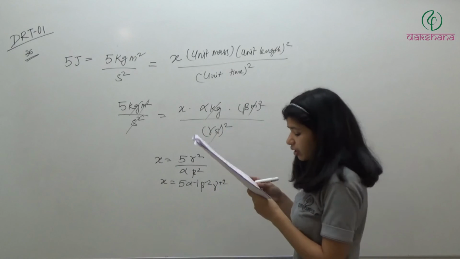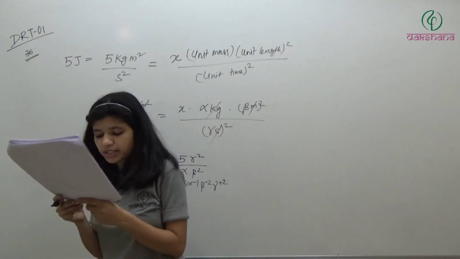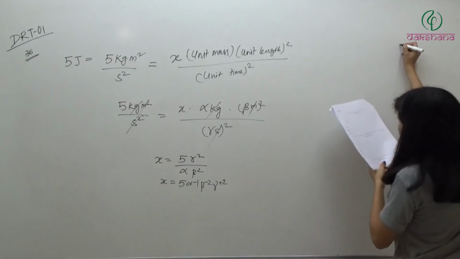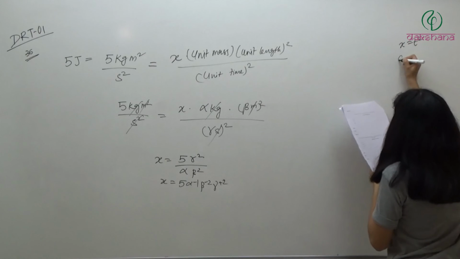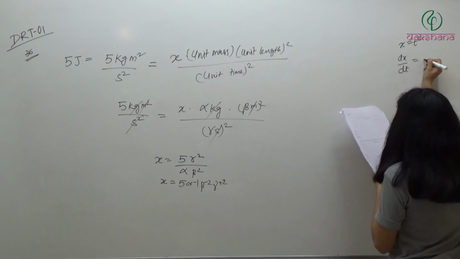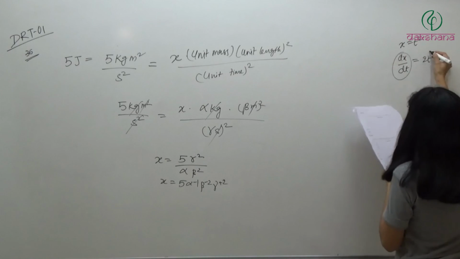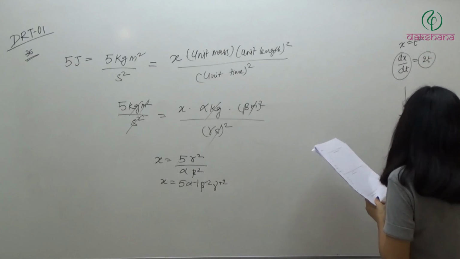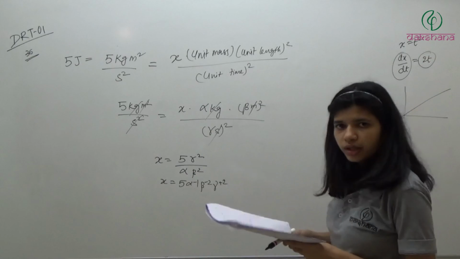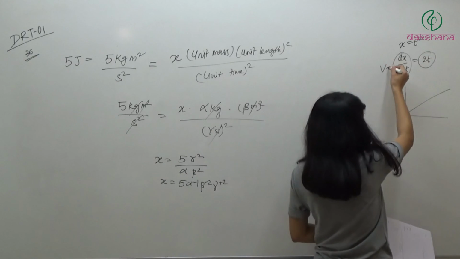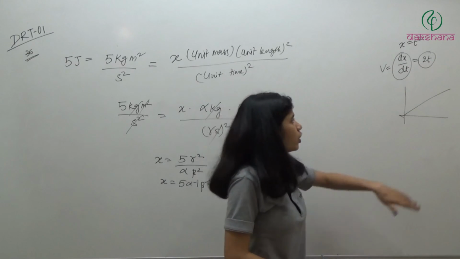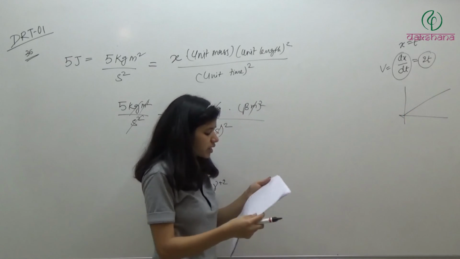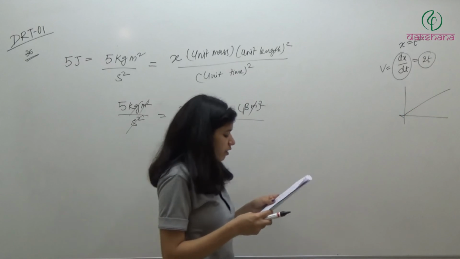Question number 37. For the given function x is equal to t square, the graph between dx by dt and t. So x is equal to t square, so dx by dt is equal to 2t. It will be a straight line graph. How will it look? Straight line graph passing through origin. Basically this is a vt curve, v is equal to 2t. It means 2 is the slope. Intercept is 0. So the graph will be a straight line passing through origin. Answer will be the fourth option.